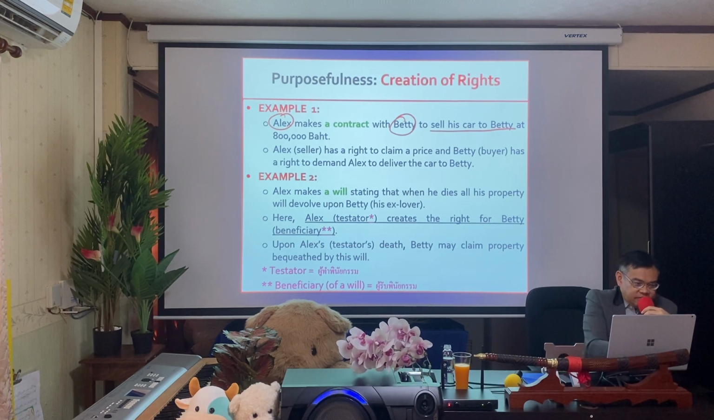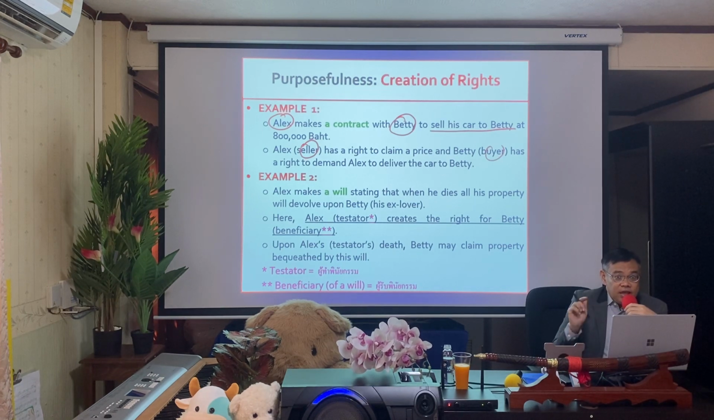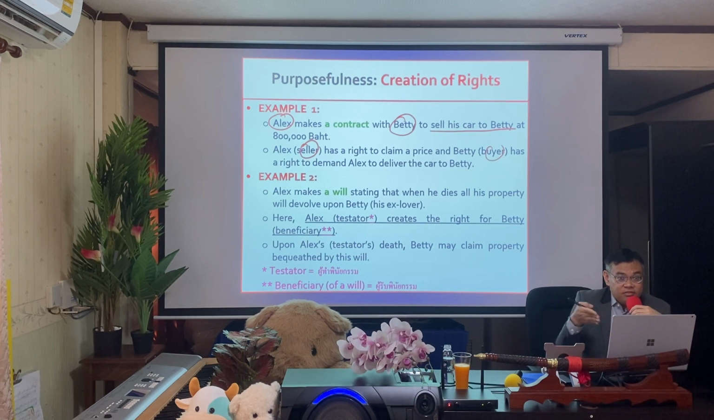In this case, Alex is the seller, and Betty is the buyer. In this contract, of course, a contract is a Juristic Act. When Alex and Betty make this contract, they make this Juristic Act in order to establish between them legal relations for the purpose of